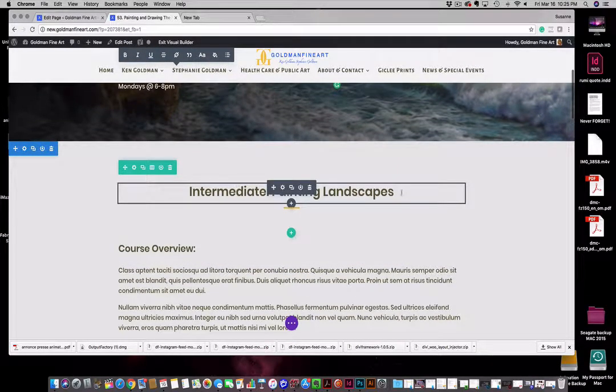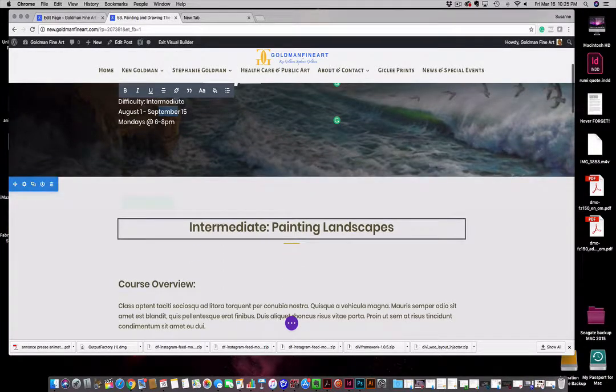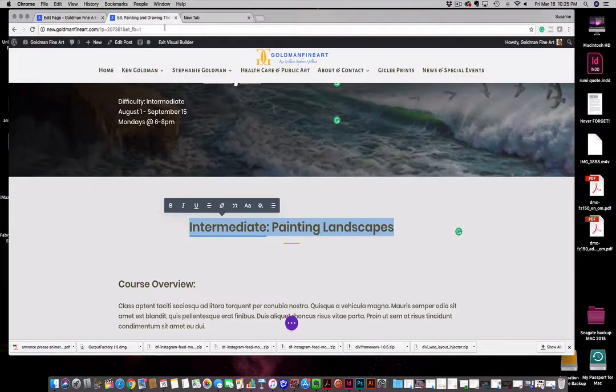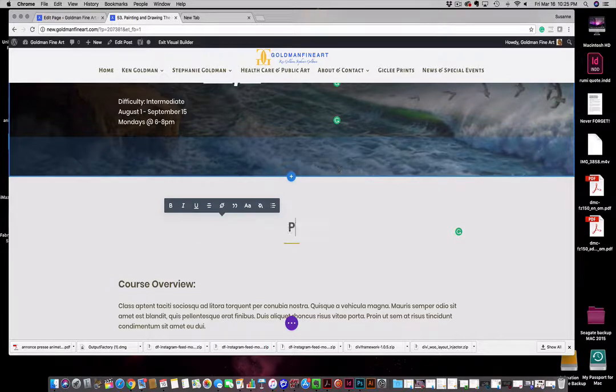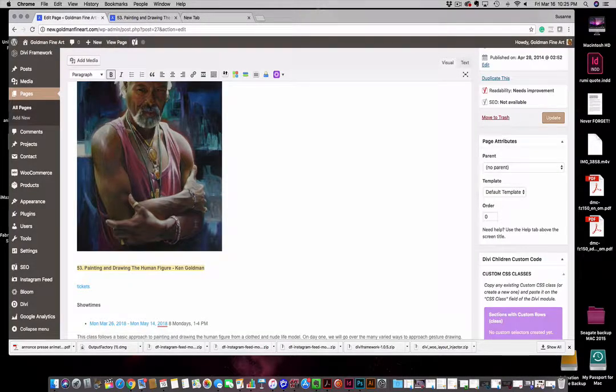Then here's just, it's kind of like this. I would, yeah, this could be more of the saying now, painting and drawing the human figure. Let's do it this way. Painting and drawing the human figure. Oh, okay, so because I said I was going to do the whole thing, so